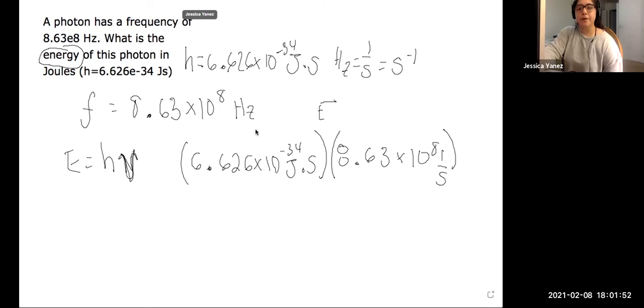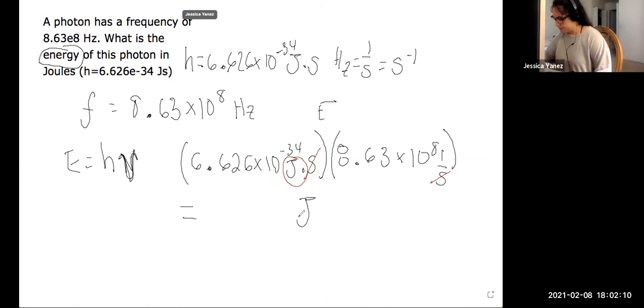Then the seconds cancel out and we're left with what we want, our joules. So our units really help us see if we're on the right path. In this case we are, because we have joules. So when you plug that into the calculator, you get